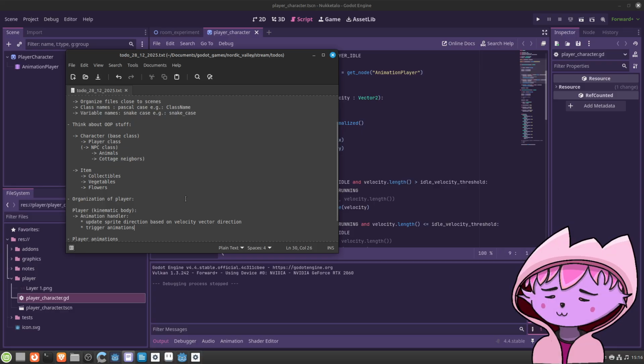So I could imagine having a player as a kinematic body, then maybe an animation handler, and underneath the animation handler we have all these body parts as sprites.